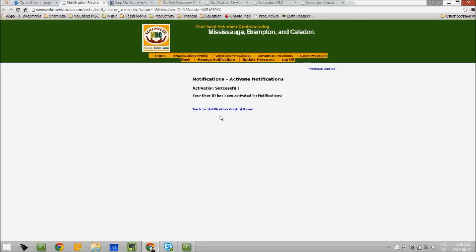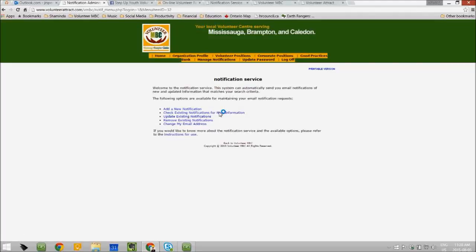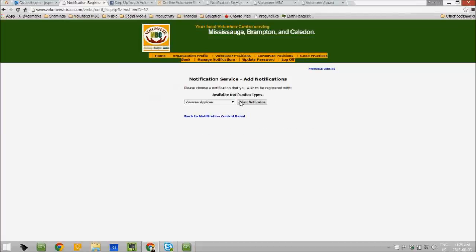You have now only activated your notification service. From here onwards, you need to set your notifications. So click on back to notifications, or you could even click again on the manage notifications menu option, and you will come to the notification service homepage. Over here, click on add a new notification and select which notification type you want.